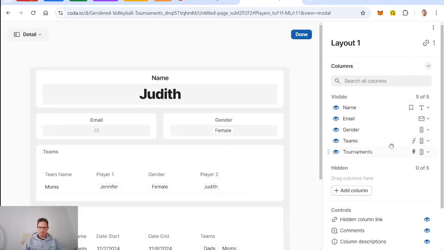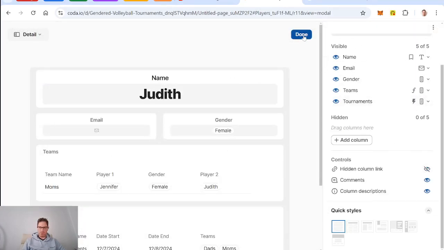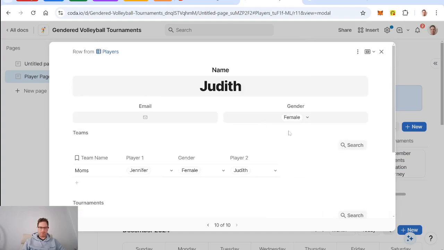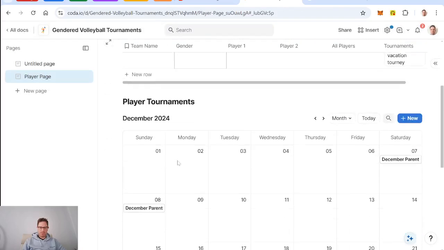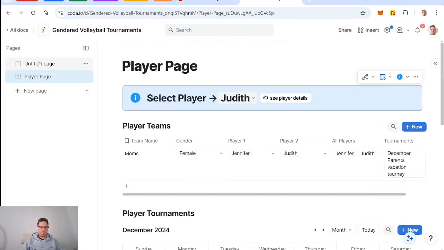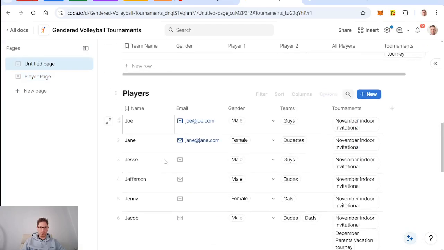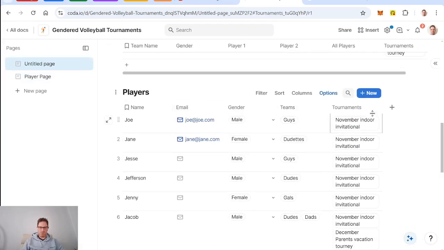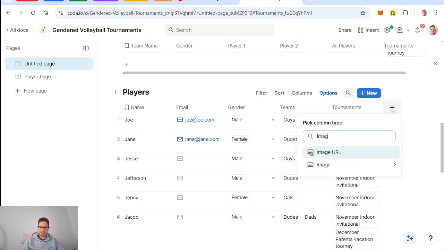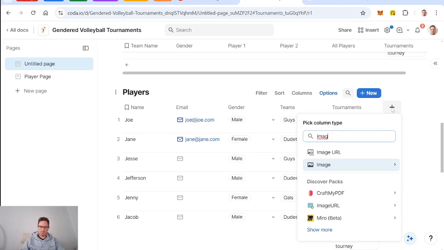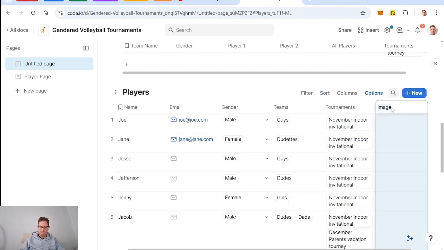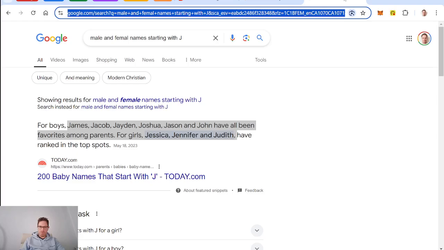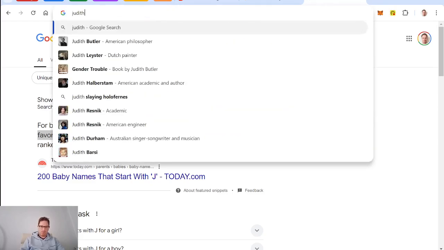All right, edit. I like to hide the column link. Okay, that's Judith. And if you really want, you can go back to the tables page and put an image here. And then if you had Judith,